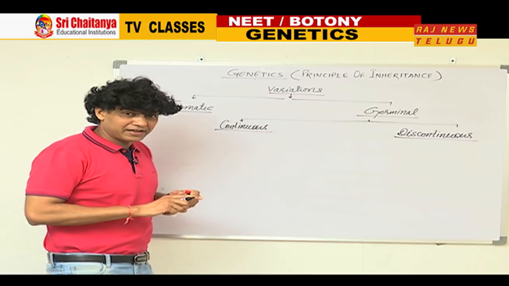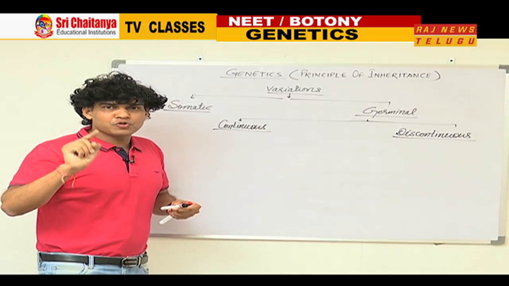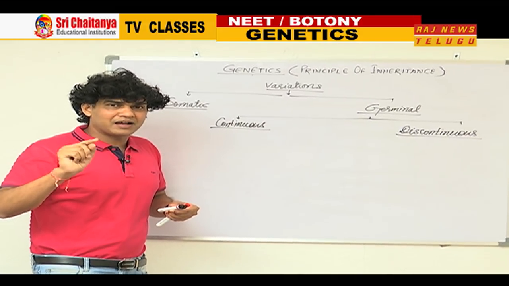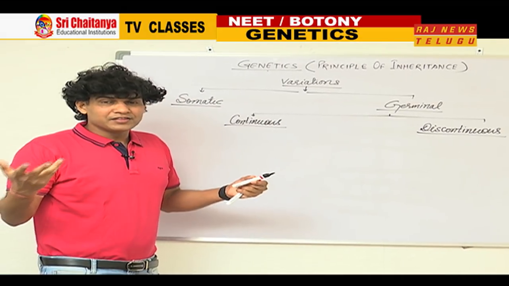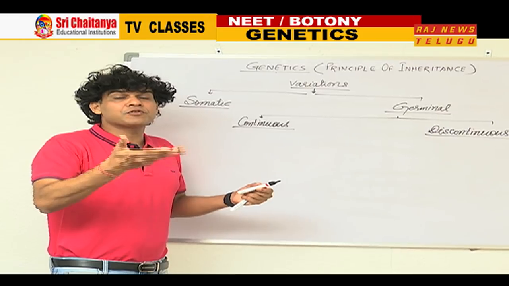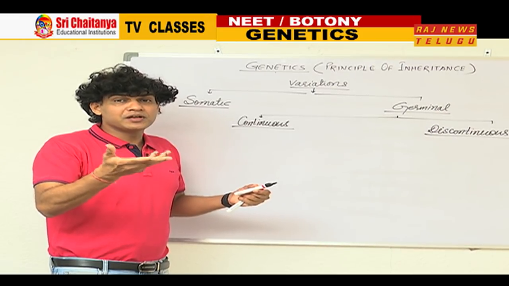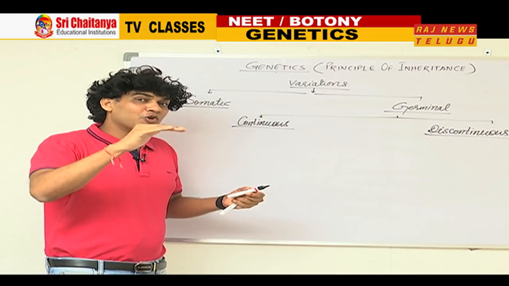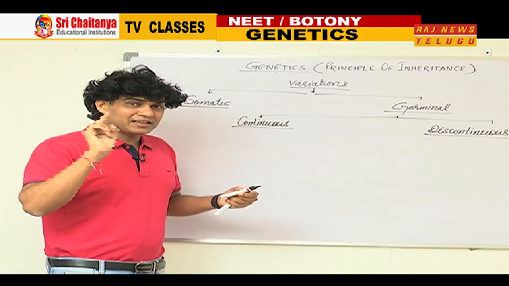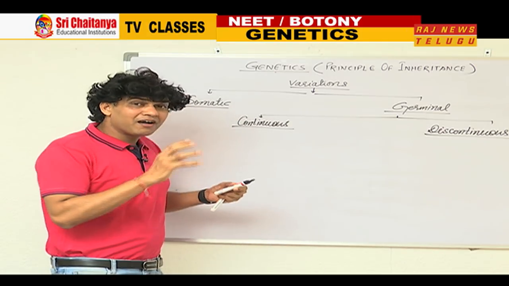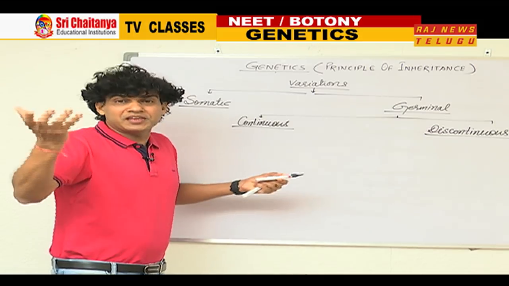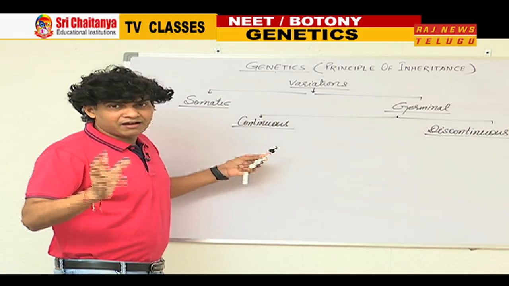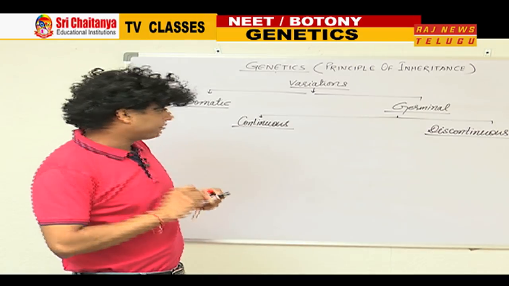One more example we can take. We cannot classify human beings on the basis of height into only two categories, tall and dwarf. We are all aware that in human beings you can observe several phenotypic variants with respect to height. Means height in human beings is not a discontinuous variation, it is a continuous variation, means more than two variants actually exist regarding the height of human beings.